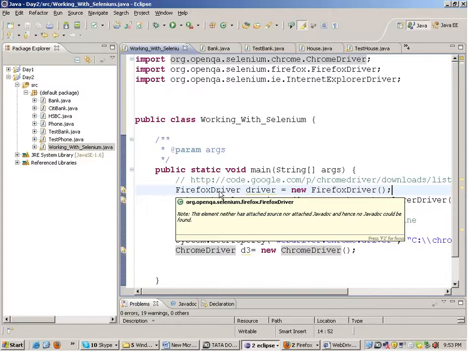Similarly, if I want to take my IE, I am having IE6, it gives an error. Okay, better don't work on IE6. Driver.get, you can specify the URL here. The get function will be there in the driver IE object as well as the driver ff, the Firefox and IE. Both will have the get function. This get function is coming from the internal interface, that is the WebDriver interface. Okay, so similarly, Chrome will also have the get function.